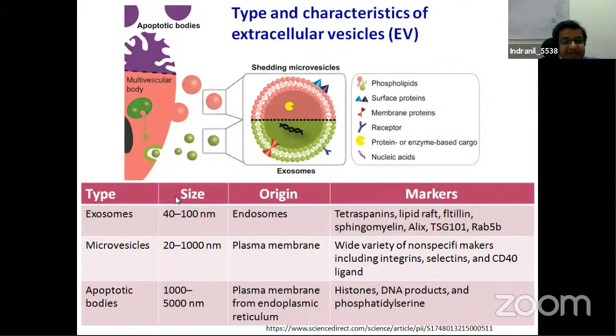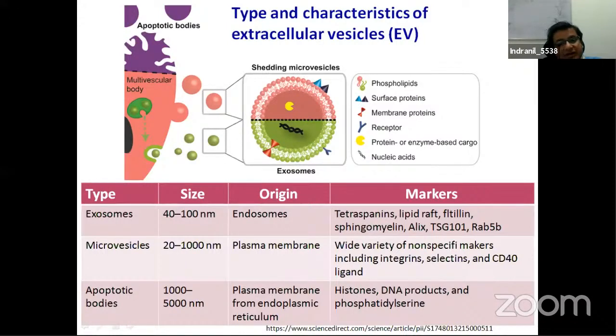Now, if you look here, there is a small table which summarizes the properties of different kinds of vesicles. The first one is exosomes. They are typically nanoparticles or nanovesicles, with a range generally of 40 to 100 nanometers. Cells in normal condition keep secreting these exosomes, and they contain a lot of bioactive molecules, including small molecules and microRNA. These bioactive molecules make exosomes very effective communicators between cells.